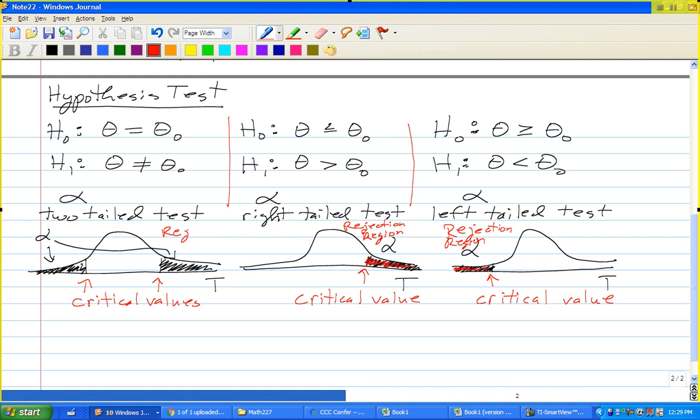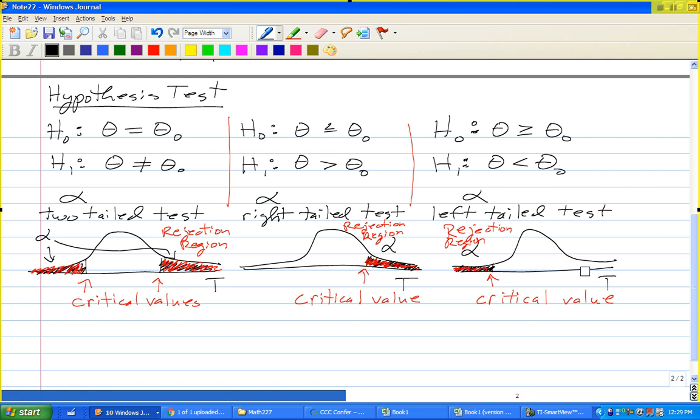And here's my rejection region. In this case, both of these sides are rejection regions. Okay? So, please note the following, that you should always look at the alternative hypothesis to tell where the tail is,